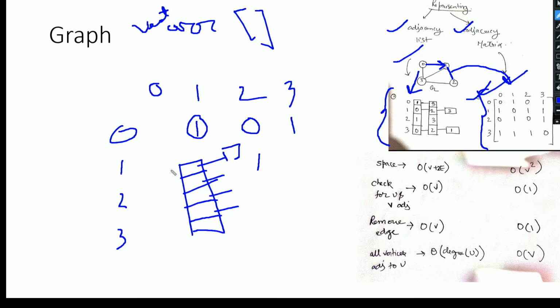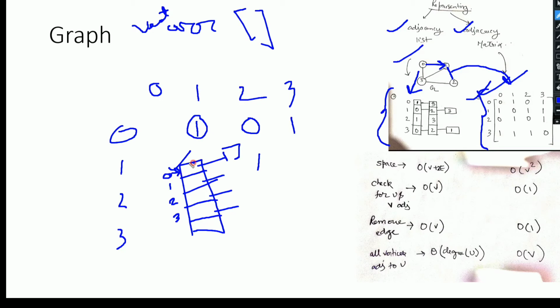So basically the index of this ARR will be the vertices which are available in the graph. Right now 0, 1, 2, and 3 are the vertices available, so the index is used to represent these vertices.